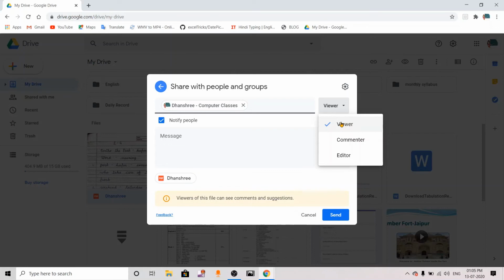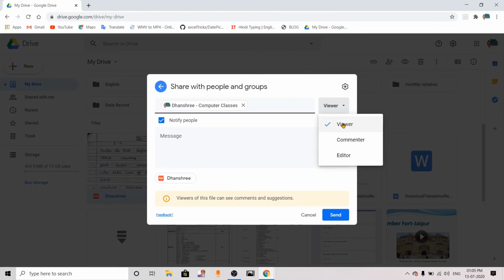First one, viewer. Viewer means the person to whom you are sharing the file can only see your file. Commenter means that person can comment on your file. Editor means that person can view, comment and can make changes.